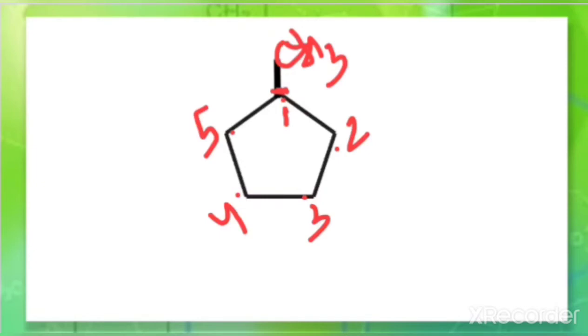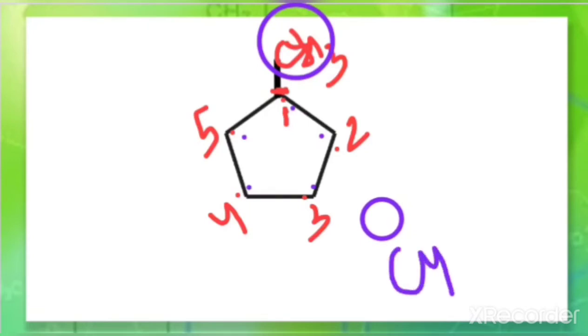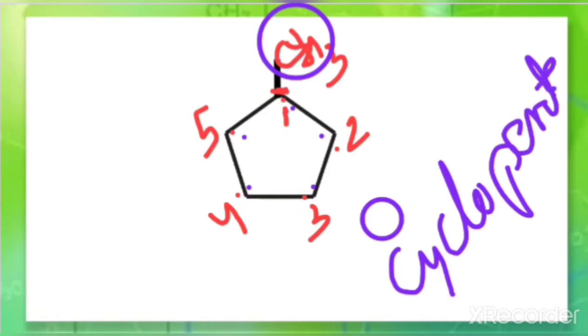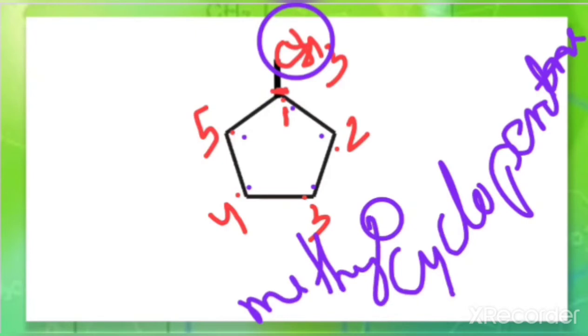Now how do we name this one? There is one substituent here, and which one is it? The methyl group is the substituent, and the 5 carbon ring is the main chain. The main chain will be named cyclopentane, because it is cyclic. Why pentane? Because 5 carbons are there in the cycle. And the one substituent should be named methyl, and it is on the first carbon. So you can write 1-methyl cyclopentane, or in such cases the number 1 is not necessary to mention,